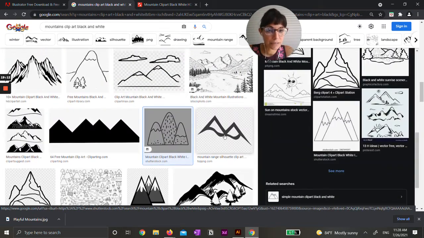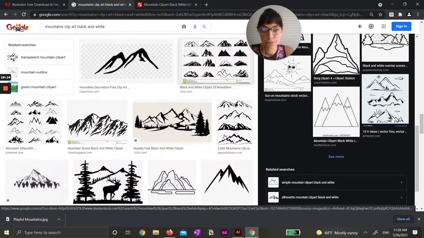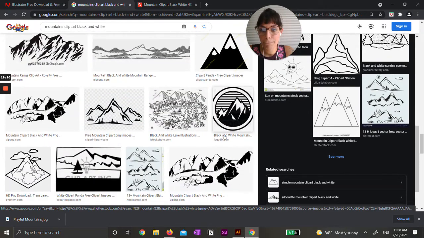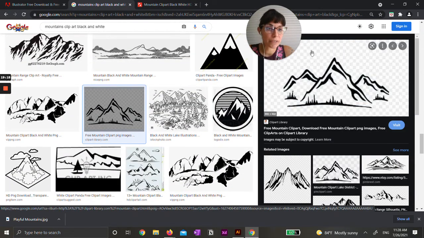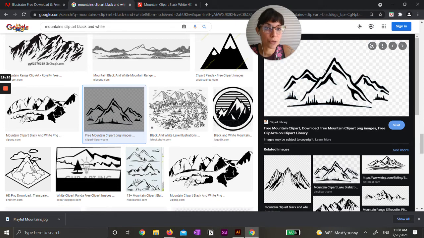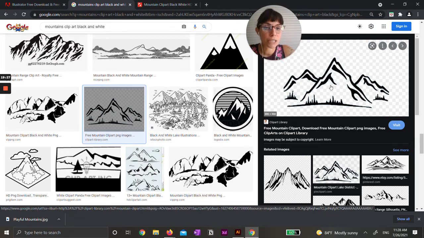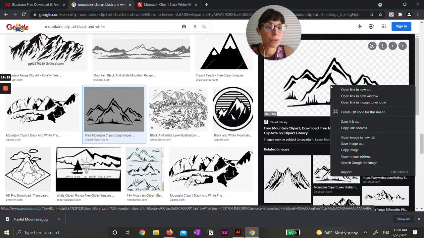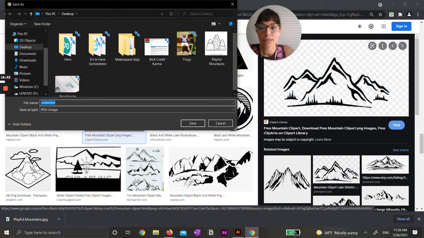Here. So this has a transparency background. Anything with these little squares, white and gray squares, those are called transparencies. And if you go ahead and save this image, save image as a JPEG,